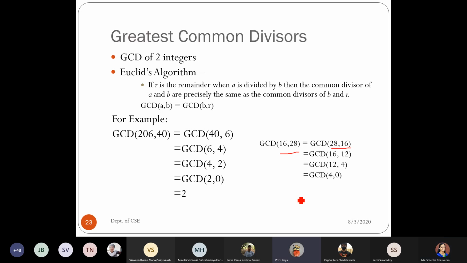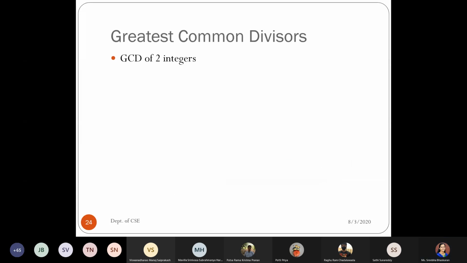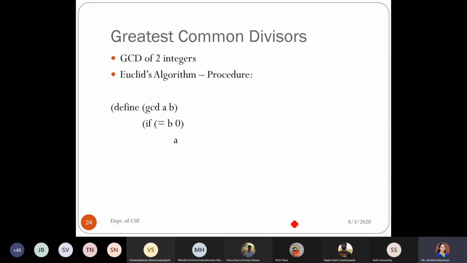Yes, ma'am. Because when we do 16 divided by 28, the remainder itself will become our dividend value, right? Yes, ma'am, it will get auto shifted. So that is how this algorithm works. Okay. So we don't have to check with respect to the values.